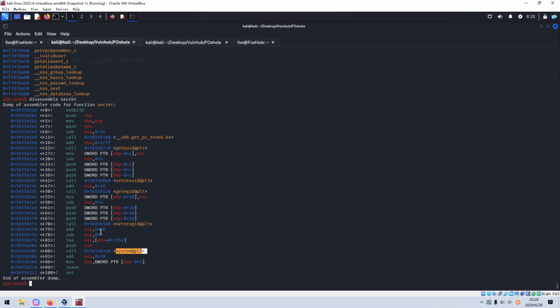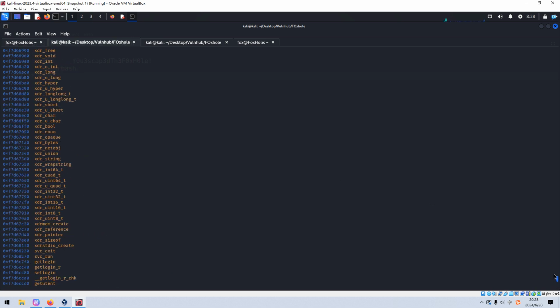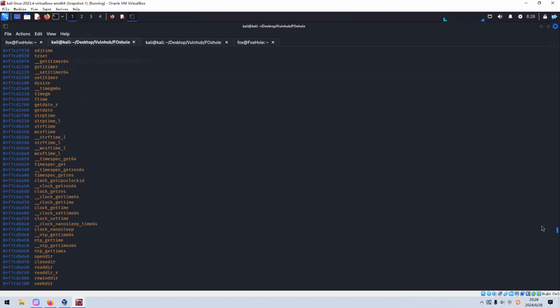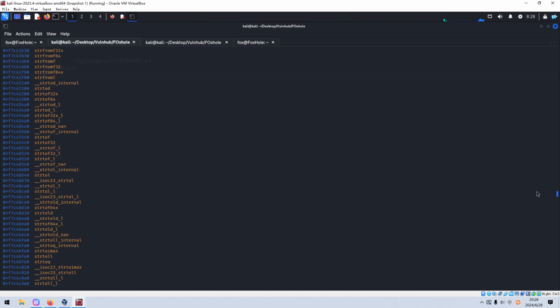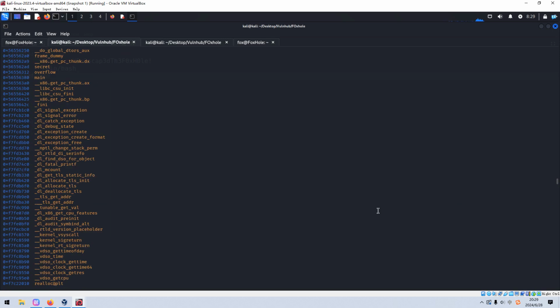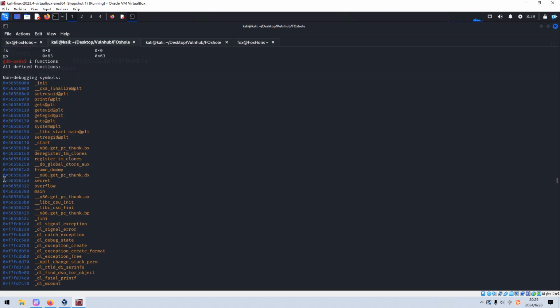So if we put the address of the secret function, then I think the secret function can be executed, because the EIP has been overwritten by this memory address. I hope I have already made it clear. So next, of course, just now we can get the memory address of the secret function. We can scroll up again. Sorry about that. I think this address we can copy,